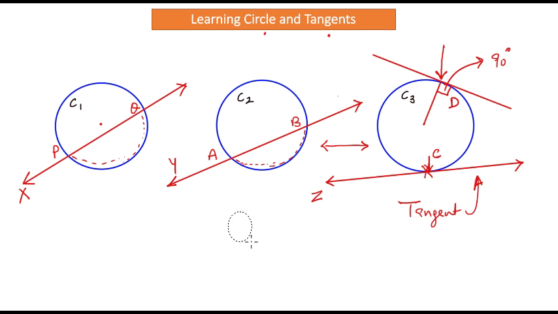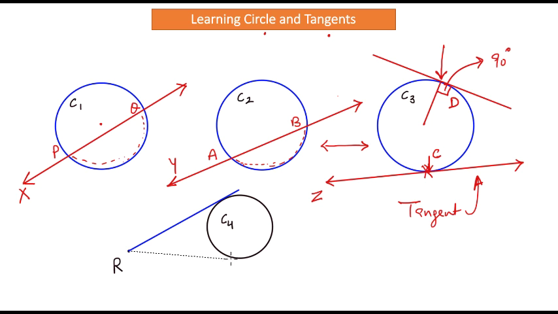In addition to that, there is one more thing that you should be aware about tangents. Let's say we have a circle and let's call this circle as circle 4. And there is a point R, okay? This point R is such that it is external to this circle C4, right? And if you were to draw a tangent from the point R onto the circle C4, then you could say that, yes, I did obtain one tangent, right? But at the same time, you could also draw one more tangent from point R on this circle, and then you will basically have, in this case, two tangents. This is my tangent 1 and this is my tangent 2.